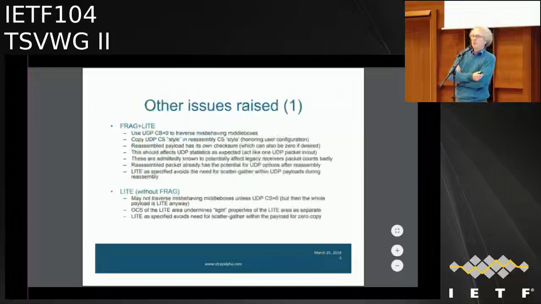Then we have the more detailed slide about the more detailed problems or questions or debates. This slide refers to the use of fragmentation with the light option of UDP options. And this is an area that's been discussed on the list. There's various views about how we should do fragmentation on light, and Joe puts forward the view that the checksum is 0 is allowed, and you must have the checksum set to 0 to allow traversal of middle boxes that misbehave. He is keen that we look at reassembly,